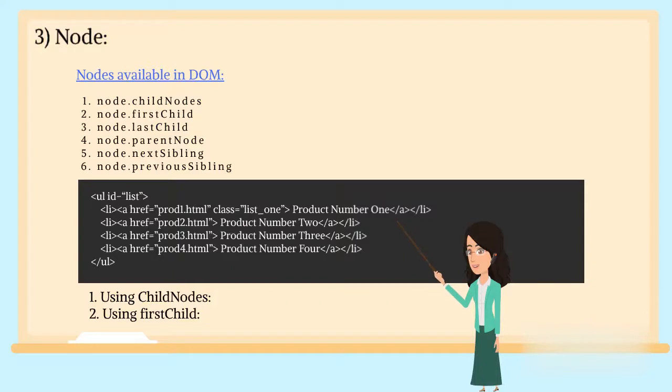Now, if we want to access prod 1, we can do so in two ways. The first is using child nodes and the second one is using first child. Different browsers may give different output, but both codes will display the same result because the same element is accessed. But for example, Firefox's output would be different from Chrome because it views white spaces as nodes. Nodes can be interpreted differently, so be selective and careful while using text nodes.